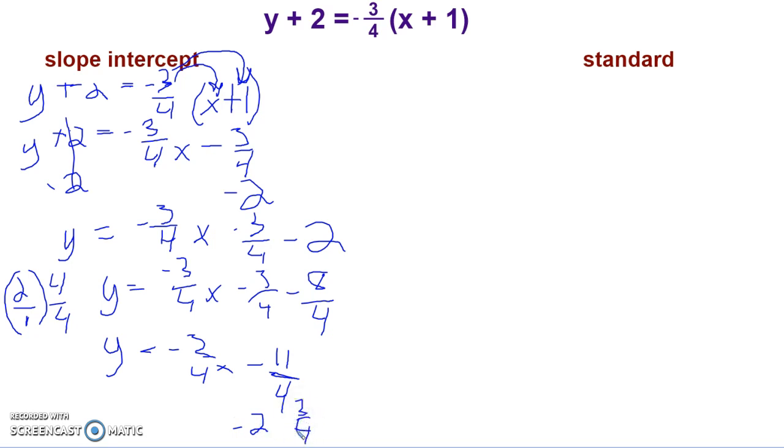So I'm going to get y is equal to negative 3/4 x minus 2 3/4. Hopefully you can kind of read that. So now we're going to put this into standard form. So we're going to start with what we ended with in slope-intercept. We have y is equal to negative 3/4 x